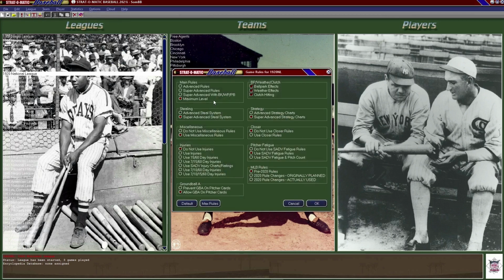I use the maximum level. Here you see the max rules where you can fine-tune that. There are a few things that I like to use, but most of the max rules are the computer version taking it further than the cards and dice do, so making some adjustments and what they consider some fixes. I prefer to get my results from the cards and dice, so I select most of them